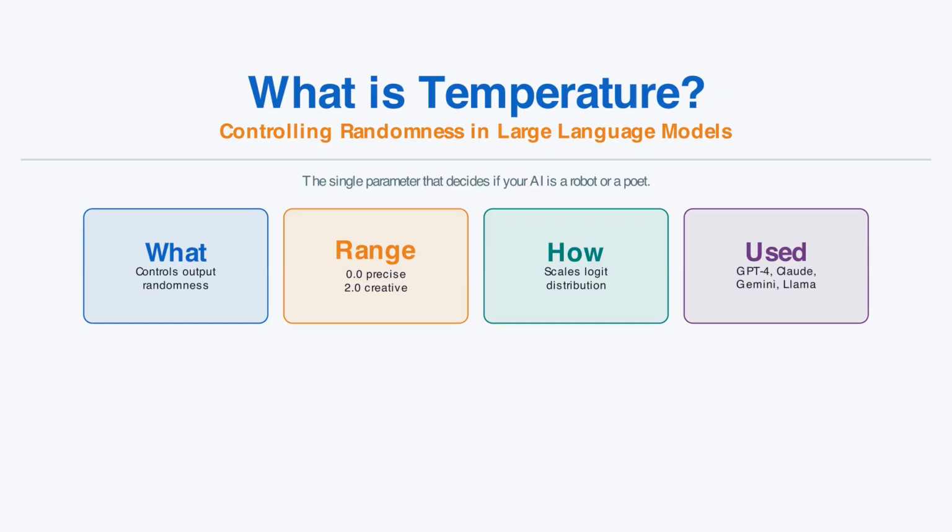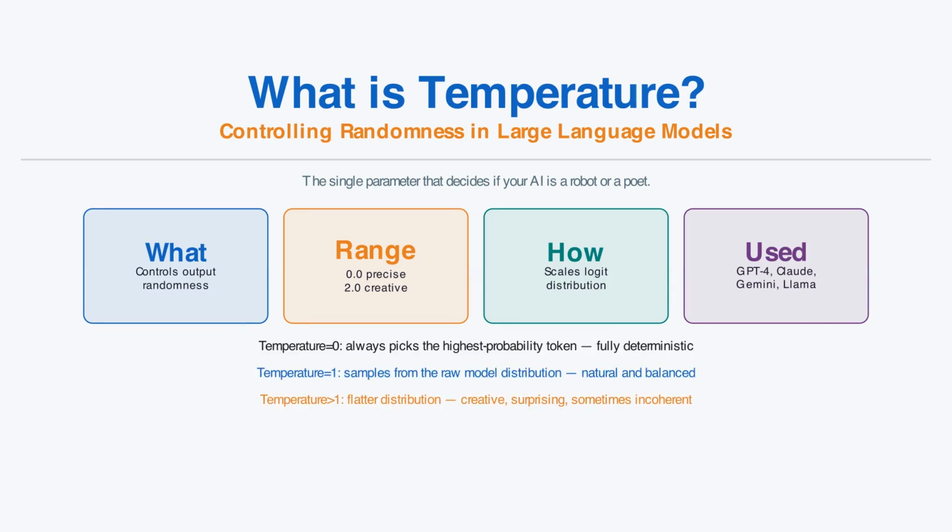At every single generation step, set it to 0 and the model always picks the single most likely word. Turn it up and lower probability words get a real shot, producing surprising, varied, sometimes brilliant, sometimes chaotic output. Today on Neural Monk, we go deep on temperature. The math, the intuition, the practical settings, and the mistakes to avoid. By the end of this video you will know exactly which temperature to use for every task you throw at